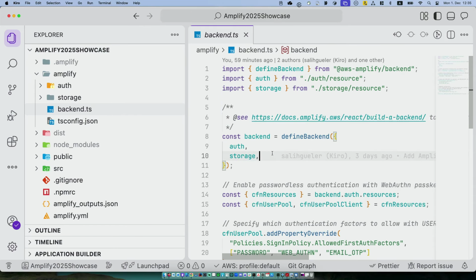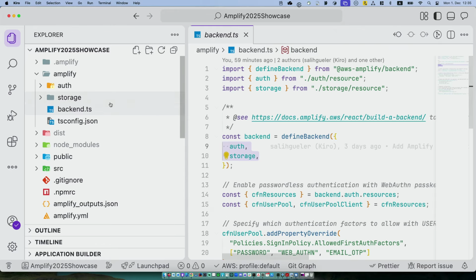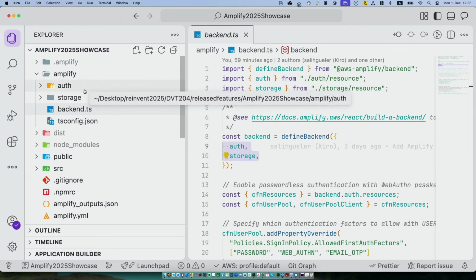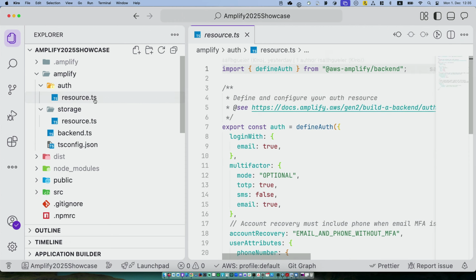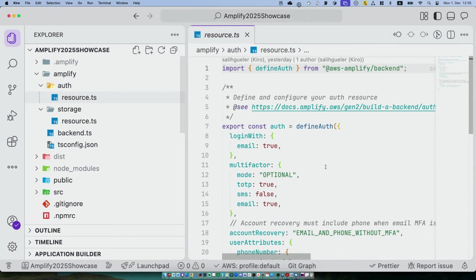And you can add any feature or any service that you want in a human readable way, like auth, storage, and so on. And to build them, you need to create an auth folder or storage folder or any folder that you want to build with the service that you want. And these things will allow you to get all of these together and make a composition of your infrastructure directly.